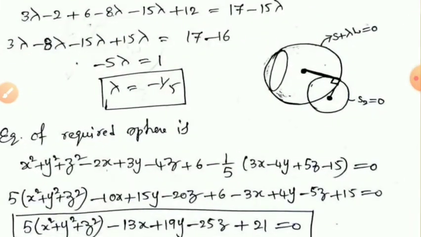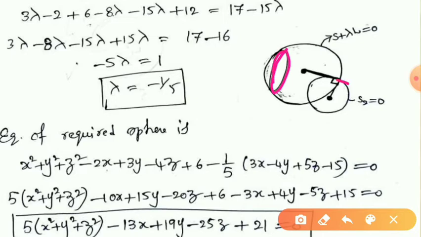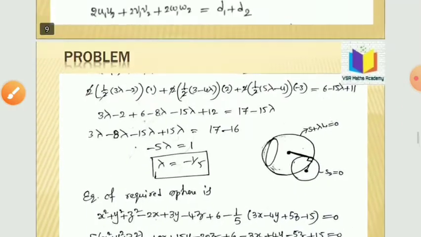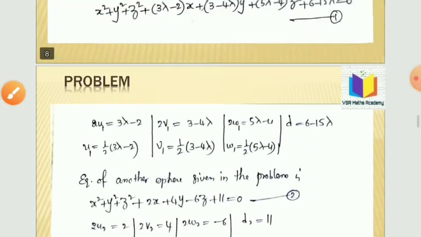So see this. Suppose that this is the equation of the circle given in the problem. This is the equation of the sphere given in the problem. Suppose we have to find a sphere passing through the circle and intersecting this sphere orthogonally. So actually equation of the circle is S is equal to 0 comma u is equal to 0. Therefore any sphere passing through the circle can be given by S plus lambda u is equal to 0.